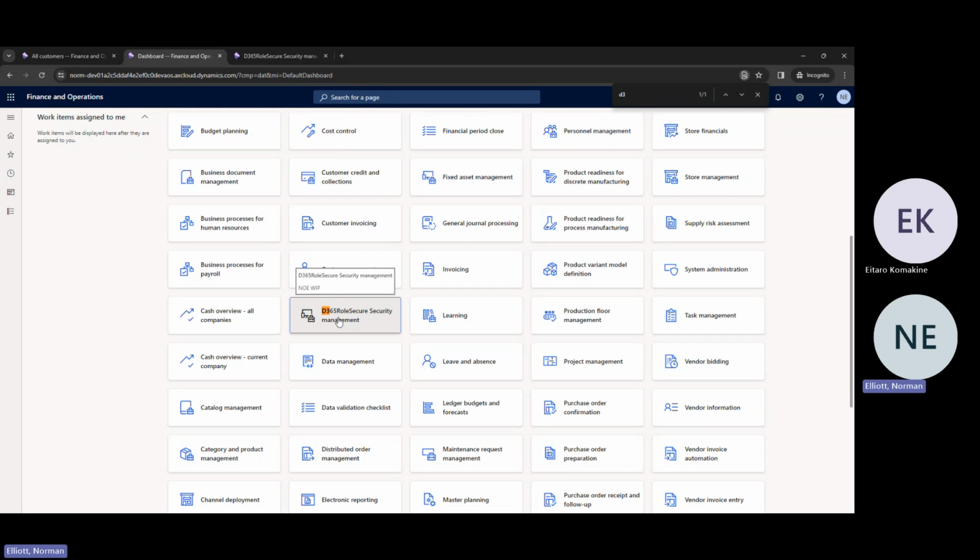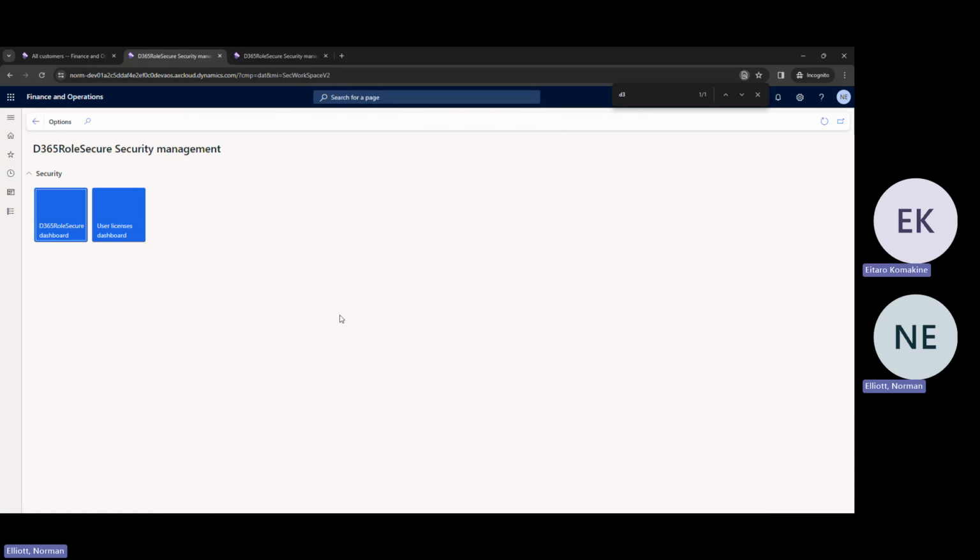Thanks for your work. So today I want to go through the latest update of our D365 RoleSecure. First of all, it's available as a workspace from the main page in D365. So if we click there,